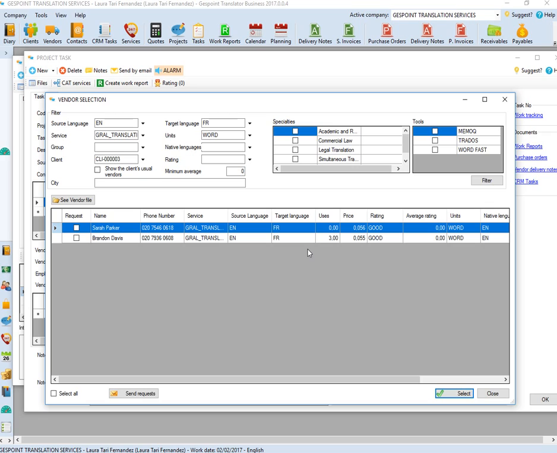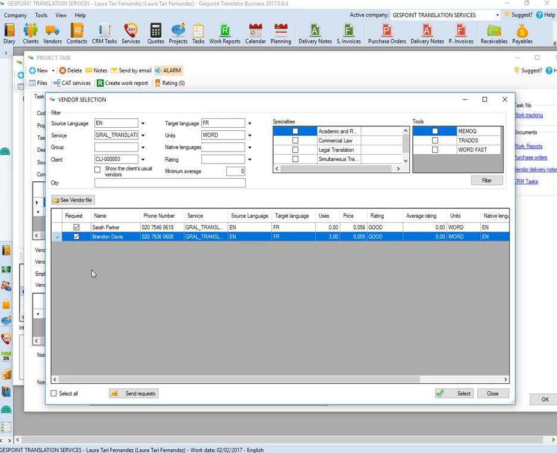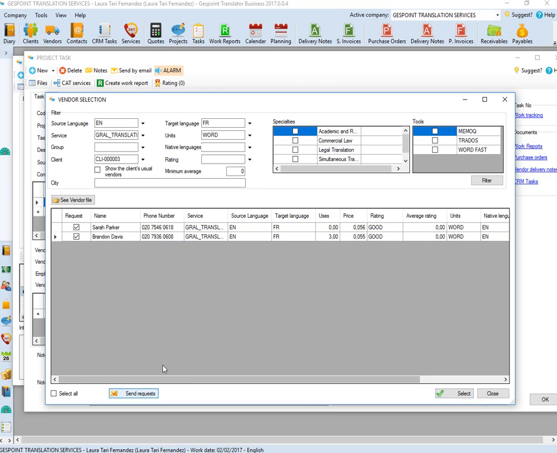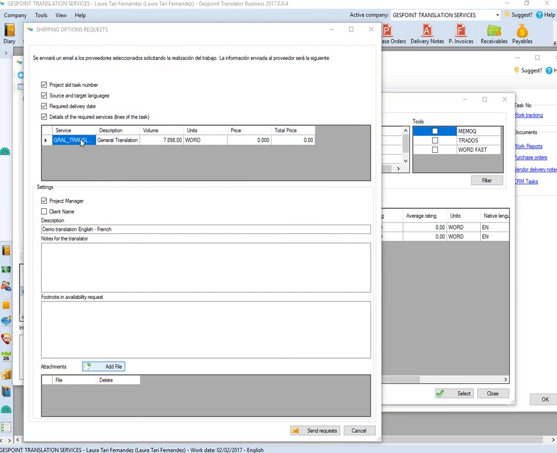This is an availability request, which ones are available for this task in particular. If you'd like to filter by just language combination or units, it is a possibility too, or by client, city, specialties, or CAT tools. Great. So I'm gonna send the request to these 2 translators, and I'm gonna attach the file